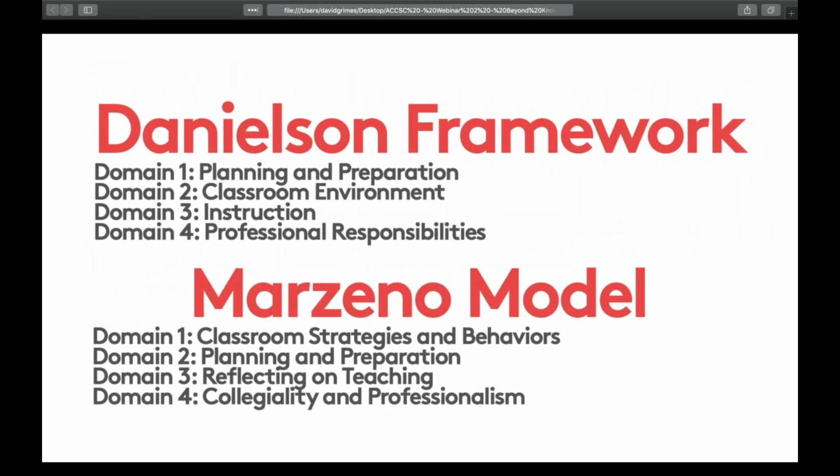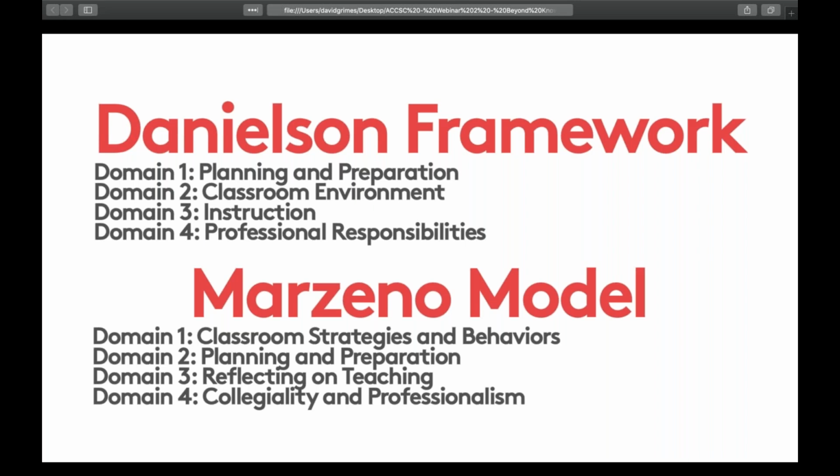Another two I'd like to share with you are the Danielson framework and the Marzano model. You look at them and they look the same, but they're the same but different. The Danielson framework for teaching is research based, and it has components of instruction aligned to the Interstate New Teacher Assessment and Support Consortium, INTASC, basically state Department of Education personnel from all the different states.